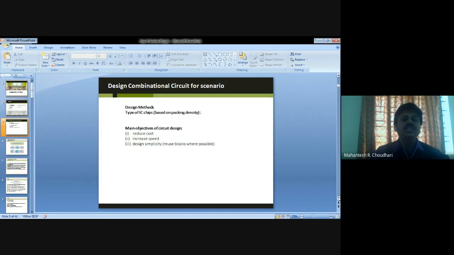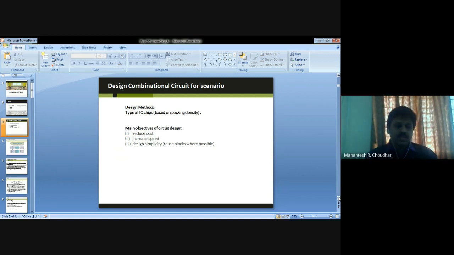So coming to the points, designing combination circuits for a scenario. As we know, we have IC chips, and based on packaging or density we make them. A small scale integration, which we call SSI, has up to around 12 gates.